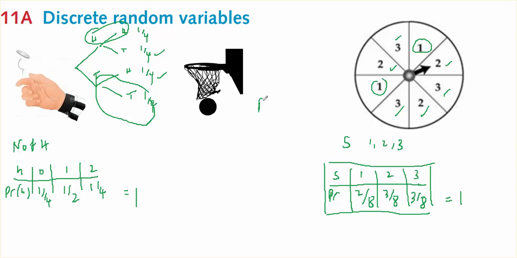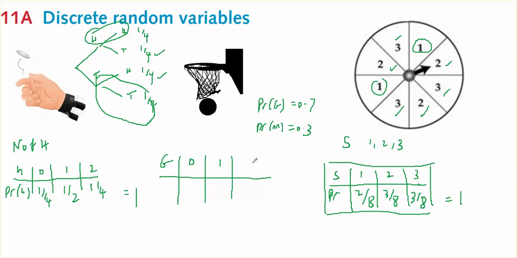If I knew the probability of throwing a goal was 0.7 and the probability of missing was 0.3, and I was to throw 2 basketballs, then the number of goals is a probability distribution and it's discrete because I could get no goals or 1 goal or 2 goals in my 2 throws. So I know the probability of a goal is 0.7, so missing is 0.3, goal, miss, 0.7, 0.3, 0.7, 0.3,